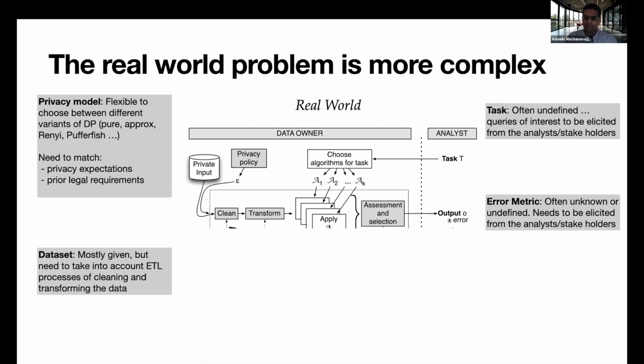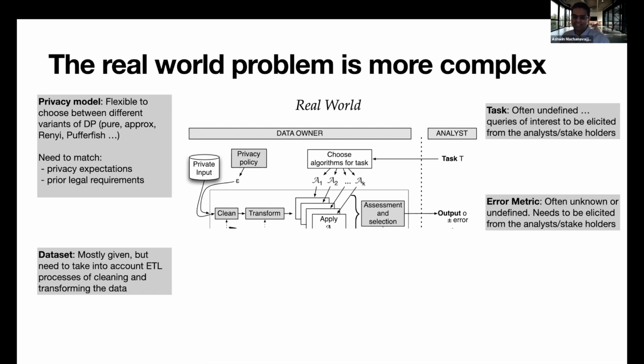The error metric is probably the hardest thing. We usually think that there is an error metric that you want to optimize for, and you need an error metric, because without an error metric, you will try to preserve everything in the data set, right? And this is like the most undefined part of this process. For example, in this previous example, we thought, since you're talking about counts and medians, let's show them the absolute error, the relative error, and that should be totally fine, right? Absolute average error, absolute 95th percentile error, average relative error, and average 95th percentile of the relative error.